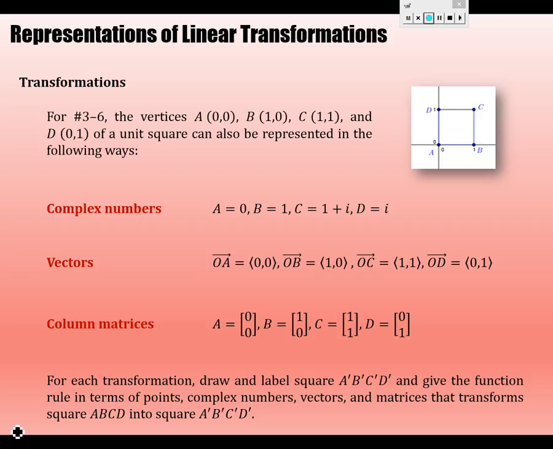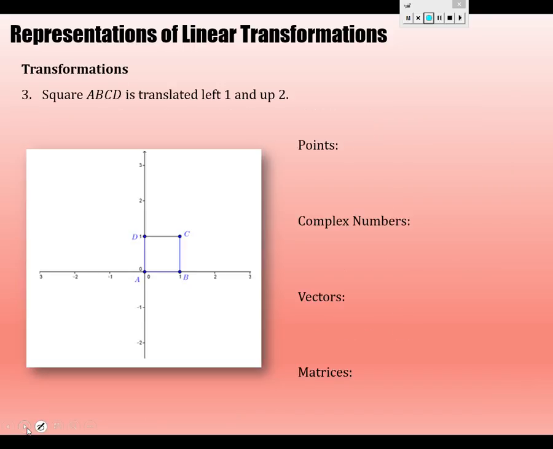We can think of the numbers as being these 4 complex numbers that we're working with, or these 4 vectors, or these 4 column matrices, or the 4 points, and each rule can be applied to each point. So do it carefully and apply the rule carefully to the points to obtain the picture you get. Graph the picture each time and fill out all 4 of the things that are desired of you. Okay? So if you haven't done number 3,